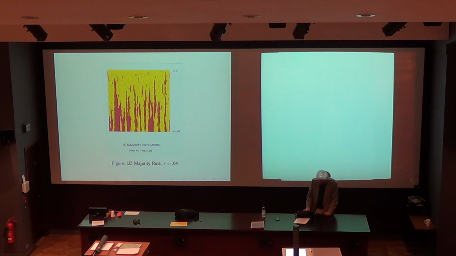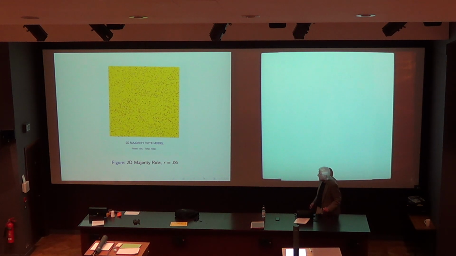And now we go to 2 dimensions. In 2 dimensions, there's no time axis here. I can't draw a time axis because that would be a 3-dimensional picture. So this is a 2-dimensional picture, and I started out with completely all yellows, and my time here is 1,000, and my noise here is about, I guess, 6%. So you see, after 1,000 steps, I still have most of the yellow with a little bit of red thrown in